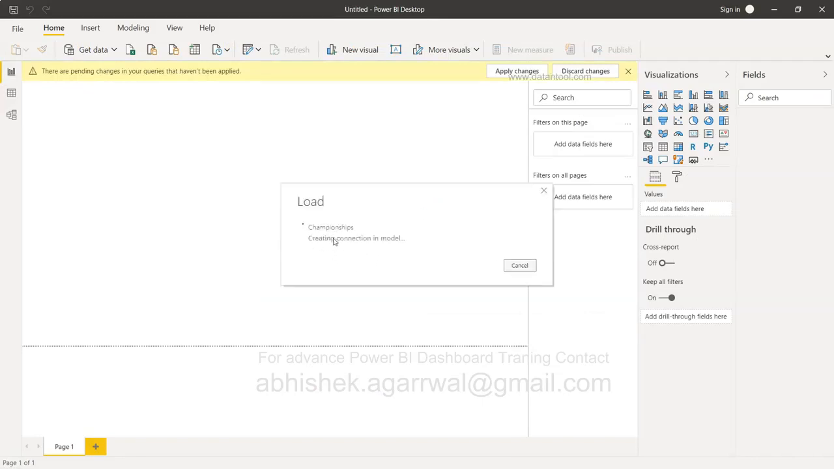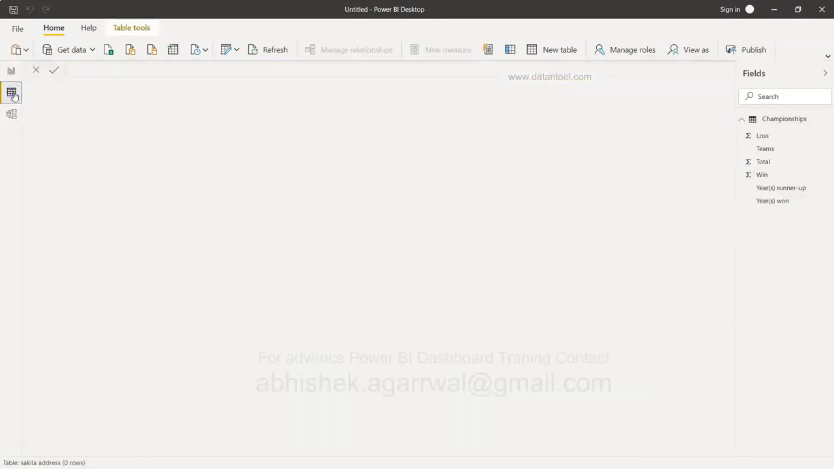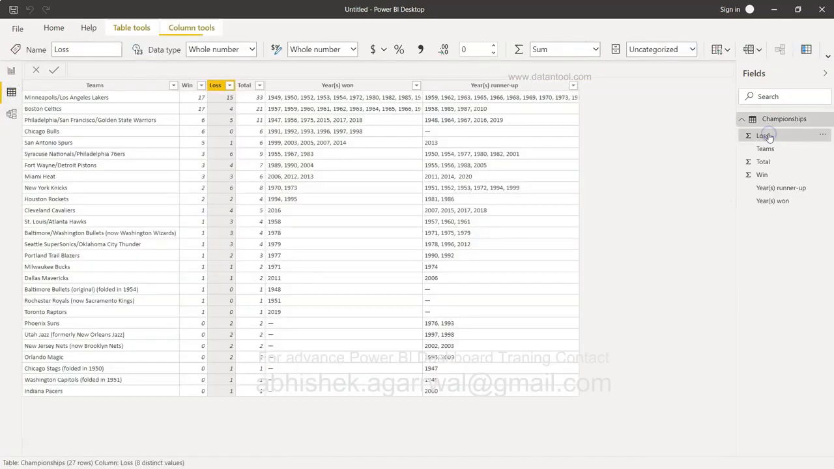As you can see, it is right now evaluating and creating the data model. So here we have the information. If I go to the table section, it will show me the table information: the team name, the loss, the win, the total. But as you can see, this table has the